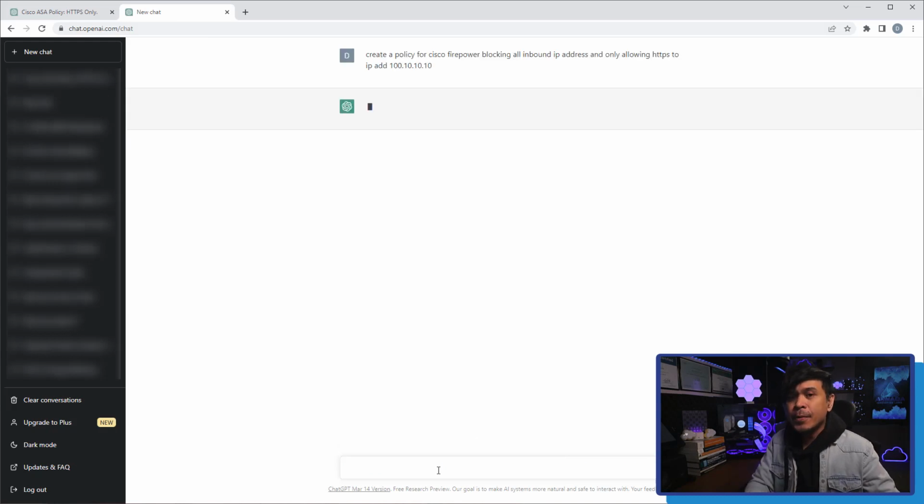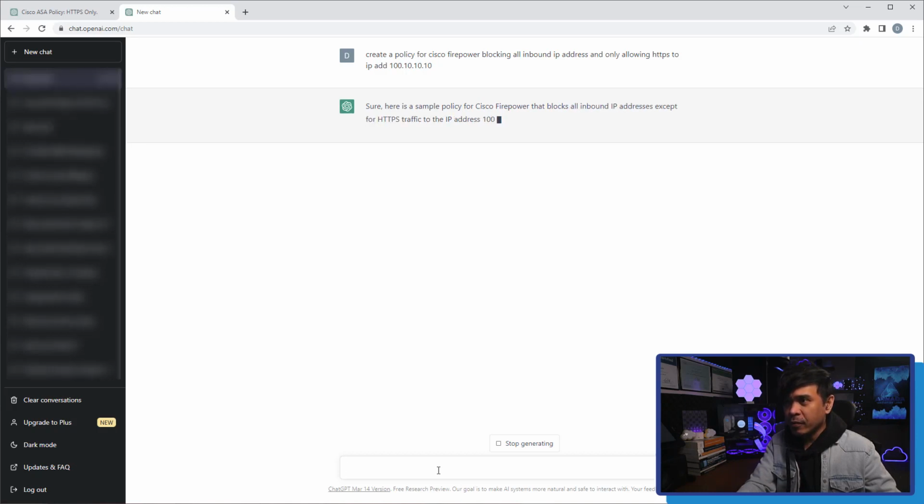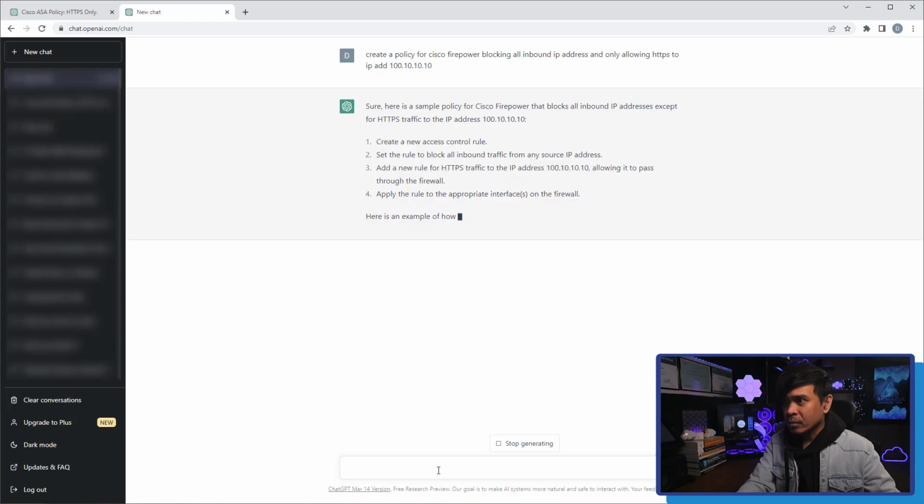So this time it's not only Cisco ASA but Cisco Firepower. So it's not CLI based. The Cisco Firepower, although like what I mentioned, there's a part where you can use CLI, but the majority of how you configure Cisco Firepower will be GUI based. Let's see what it will provide us. Yeah, it's actually not